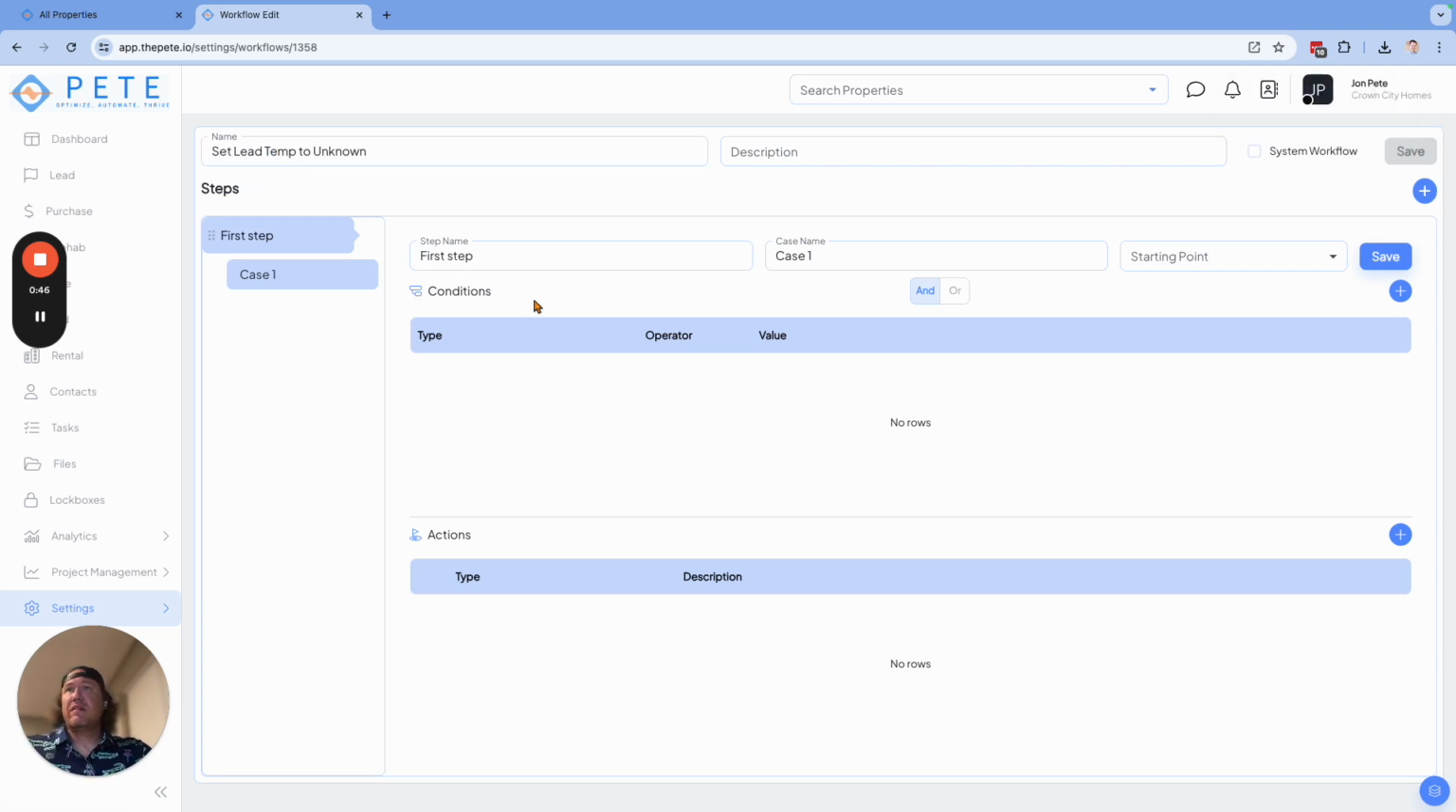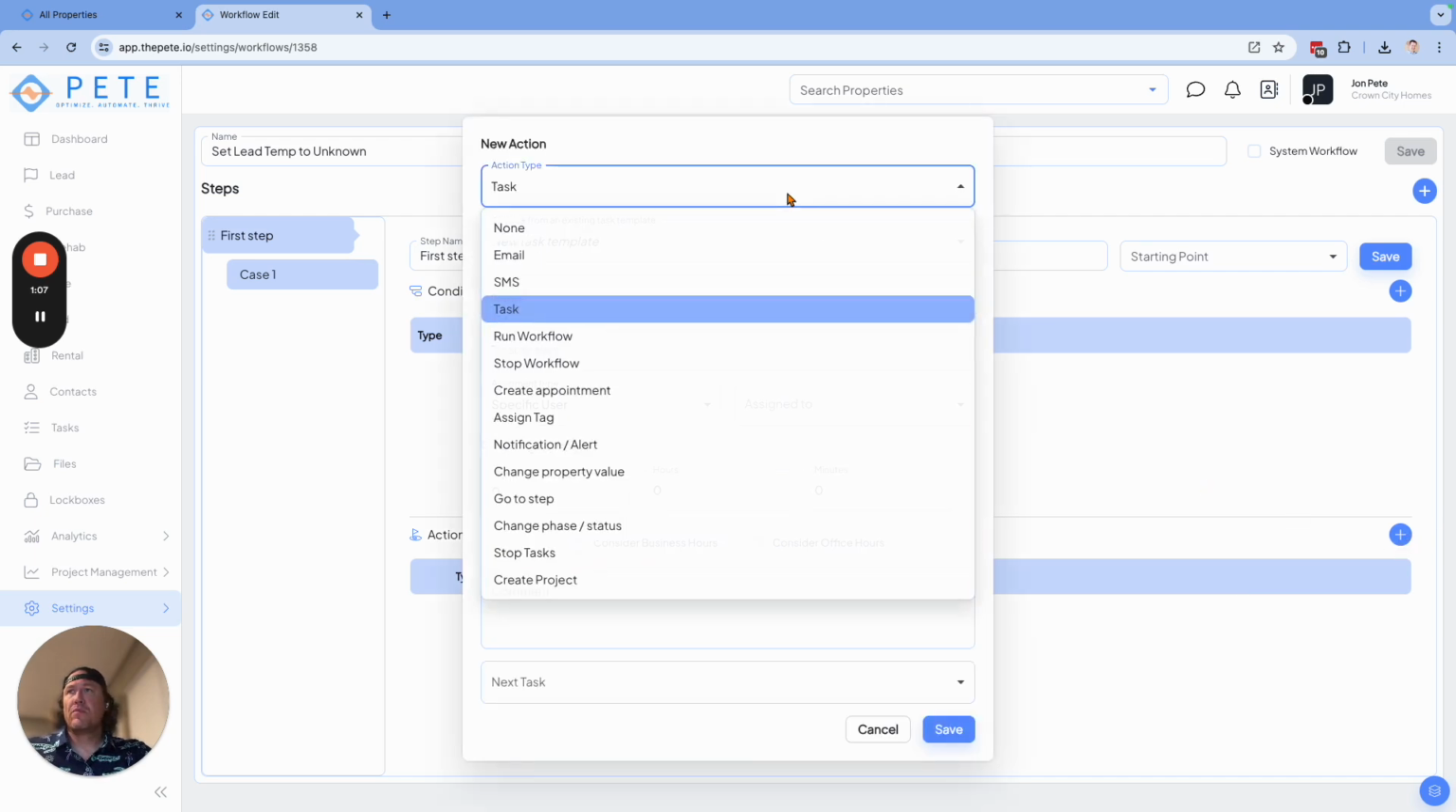So I save that. Now this workflow, I want it to apply as soon as I assign it to properties. So as soon as I put it on there, I want it to apply to it. I'm going to do the logic kind of myself by selecting the property, so I don't need anything in the conditions. I'm going to leave all this stuff about first step, case one, starting point, all that alone. I'm just going to come down here to actions and I'm going to change a property value